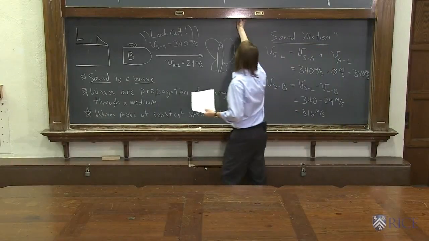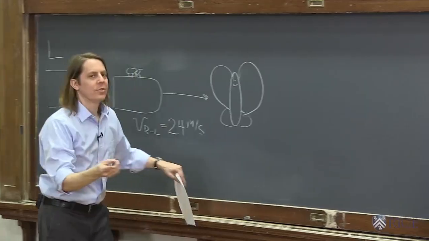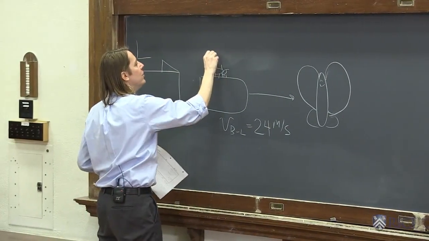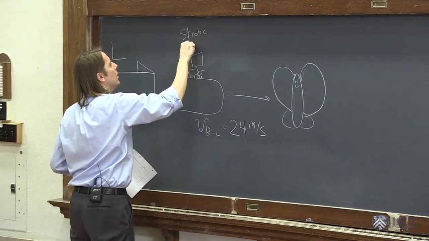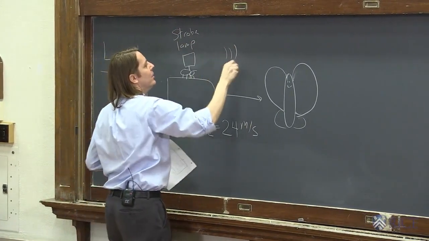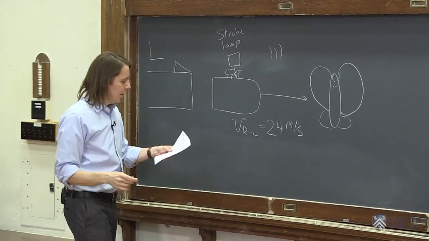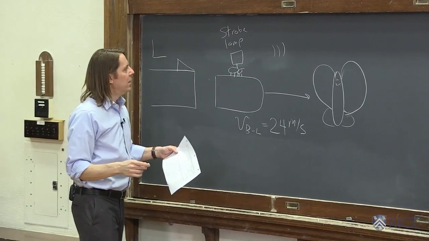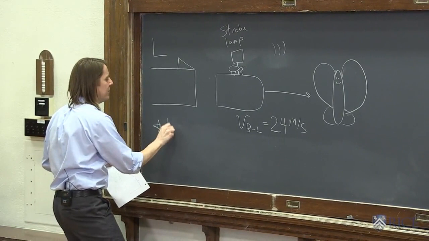What if the ant had laryngitis? It still wants to protect the butterfly. So in this case, it holds up a strobe lamp. And the strobe lamp sends light towards the butterfly. That way the butterfly will see the light, fly away, won't get shot. So now we have to think about light. So light is also a wave